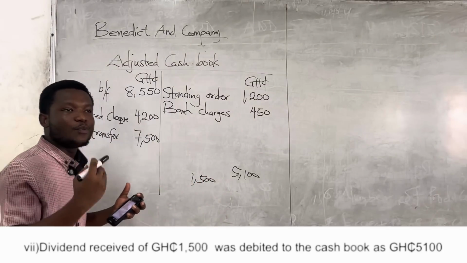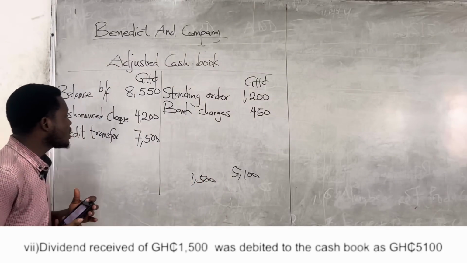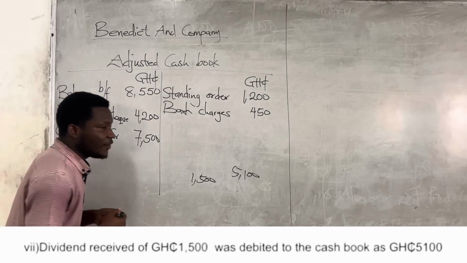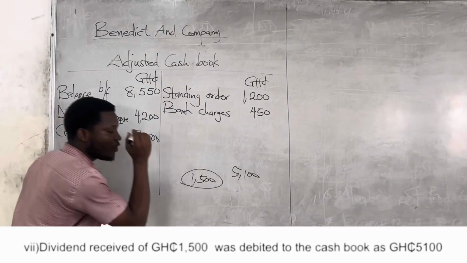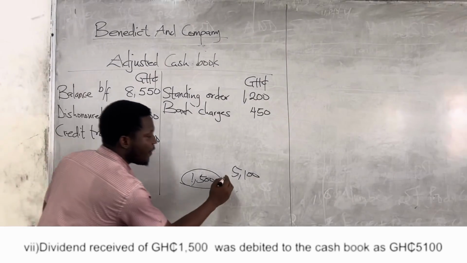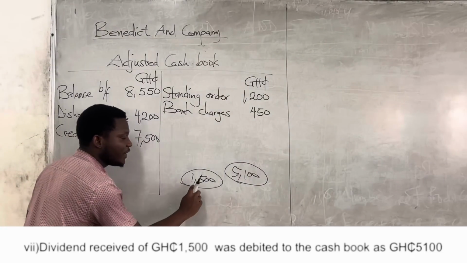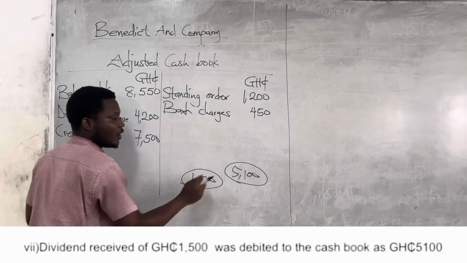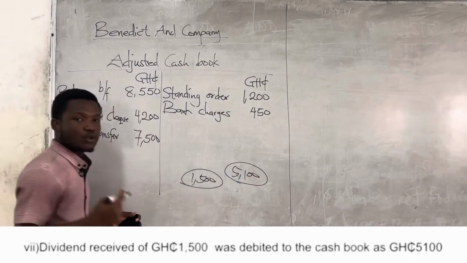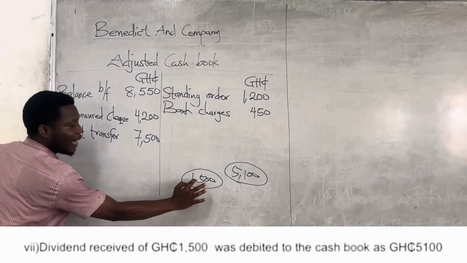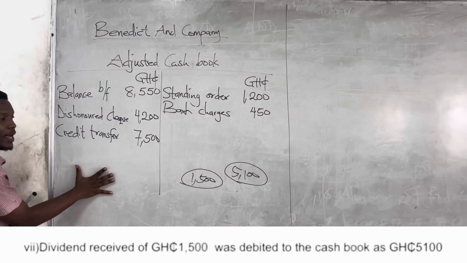We received dividend, so dividend is always at the debit side of our cash book. Now, the dividend was 1,500. Instead, we recorded 5,100. So it is an error of transposition. We have interchanged the figures. So we have to correct it. At first, we were supposed to record the 1,500 at the debit side, but we recorded